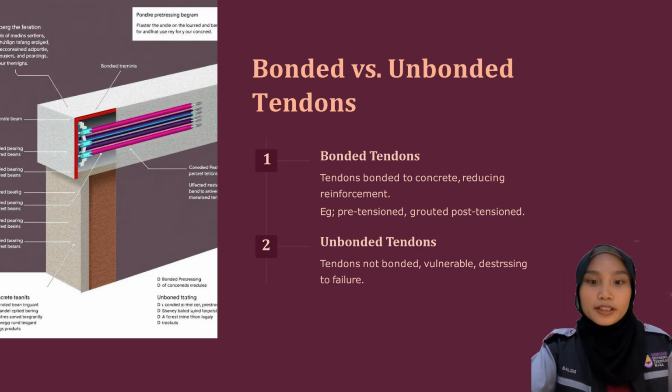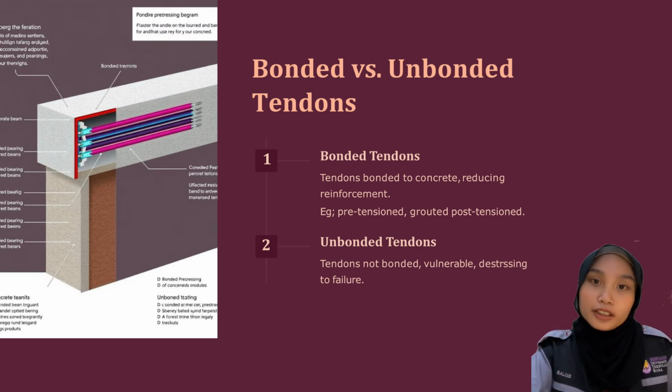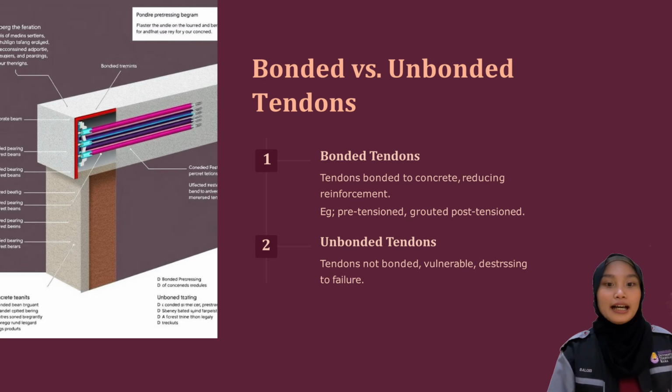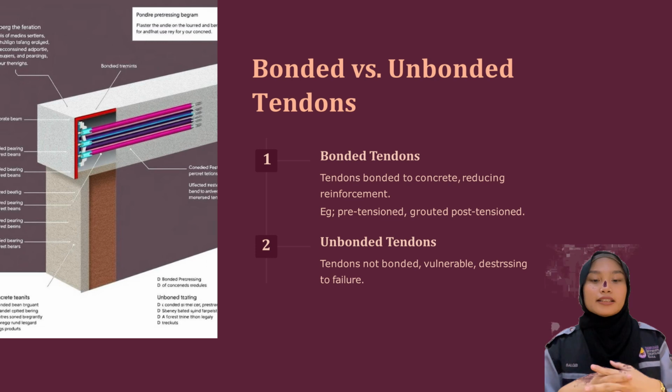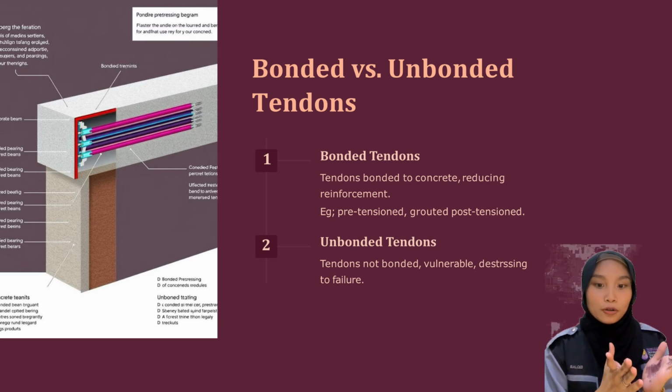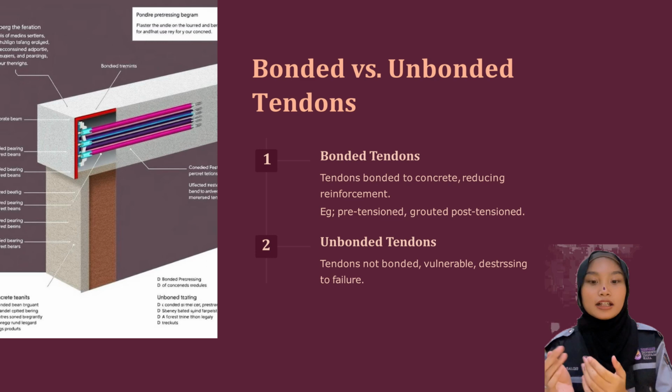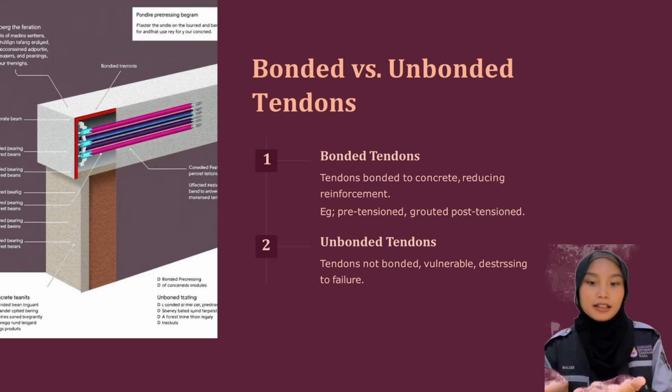Unbonded tendons are tendons that are coated with grease and have no grout like bonded tendons. The tendons can move freely inside the concrete. Hence, unbonded tendons are easier to install and inspect or replace. Usually, unbonded tendons are used in building floors and structures needing flexibility. In short, bonded tendons are better for durability and load control, while unbonded tendons are more flexible and easier to